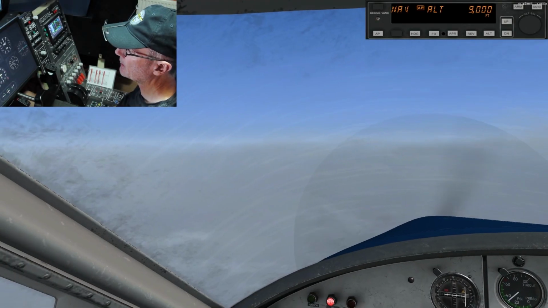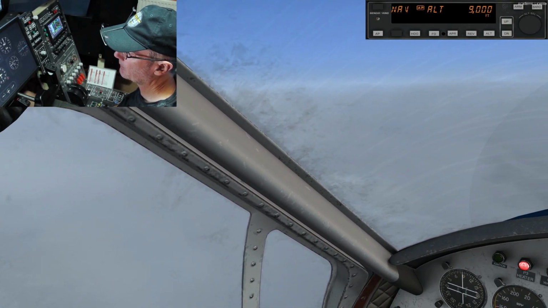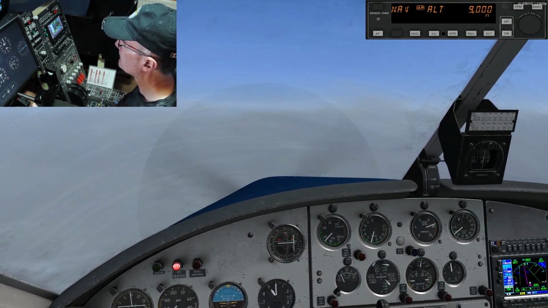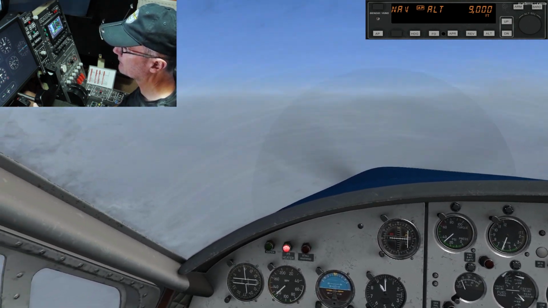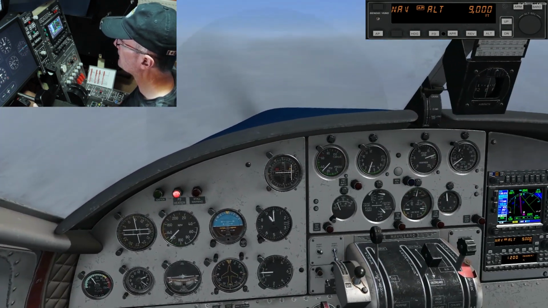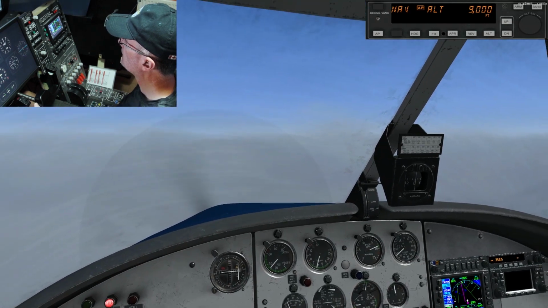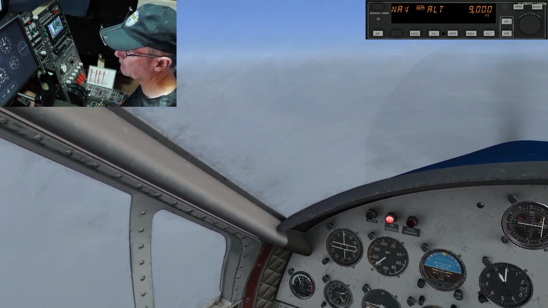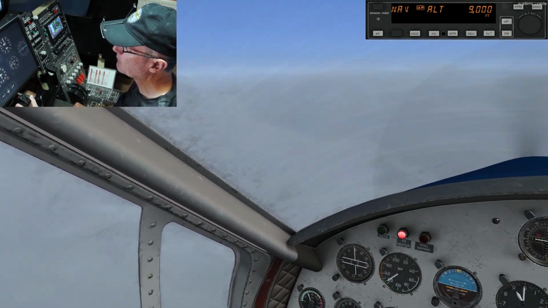So we're in the Turbo Otter once again, and we're cruising along at 9,000 feet over Scotland. We're heading towards Wick in Scotland, then we're going to turn north and fly to Sumburgh. We've flown from Stornoway. And we're doing this just to get a flavour of, well, I'm playing around with some of the weather programs